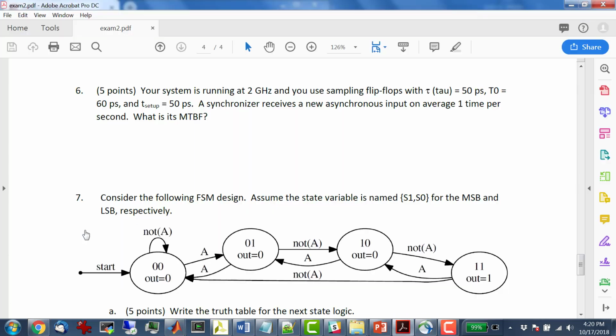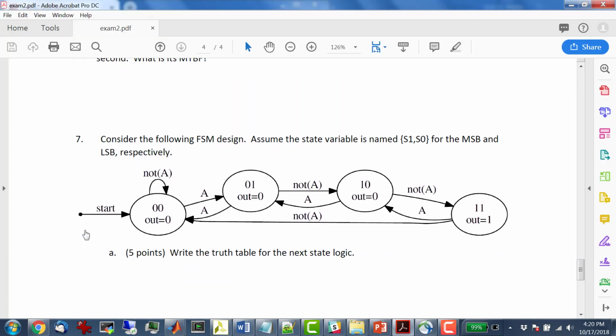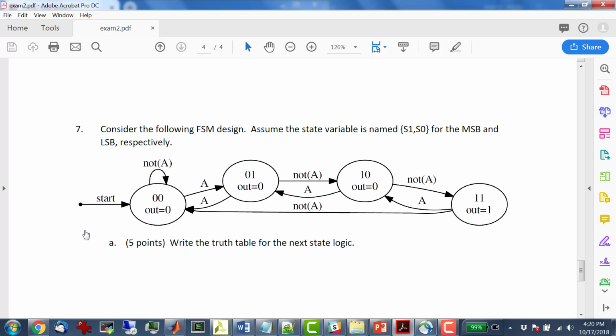Okay. All right, next one is consider the following FSM design. Assume the state variable is named S1, S0. So the first question here is write the truth table. So the truth table here is,